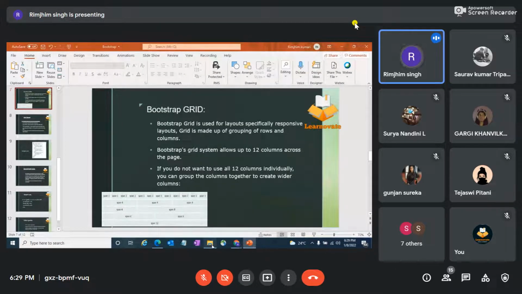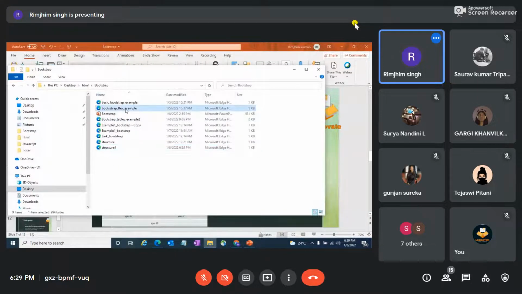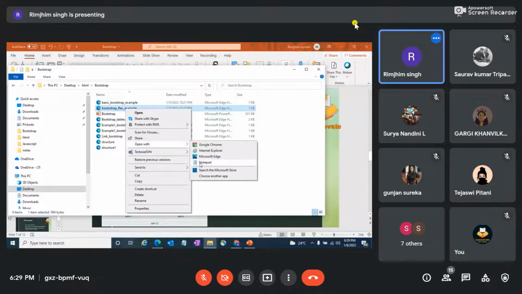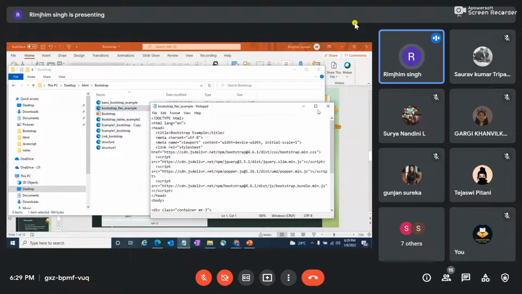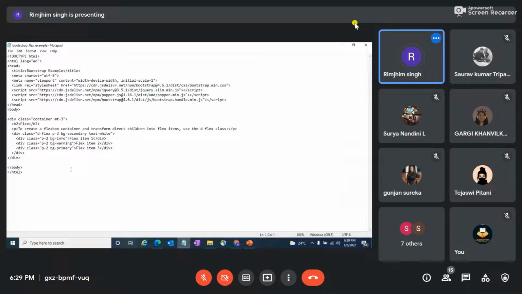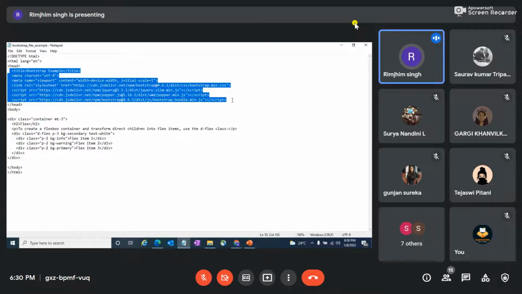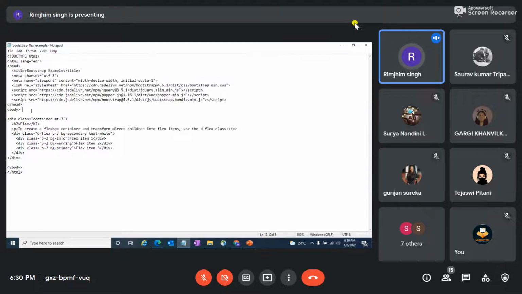And then what we are left with is running the flex code. So as you can see here, what are the things we have included? Doctype is HTML, then language is en, and in my header section I have included all the CDNs which were available on the official website of Bootstrap. And then to use flex we have to use Bootstrap classes which are available, and this is the keyword which is present for flex, d hyphen flex, and then text white, as I told you while I was explaining my PPT.